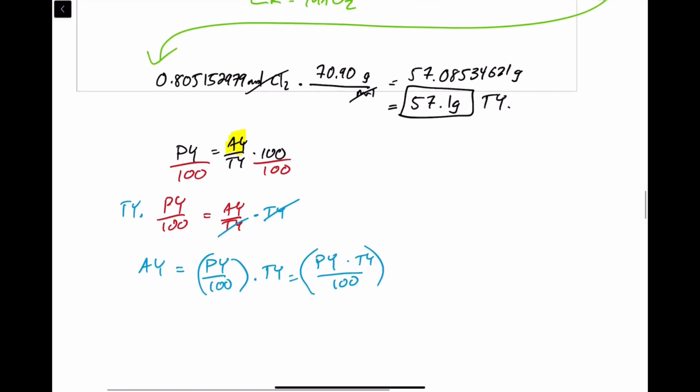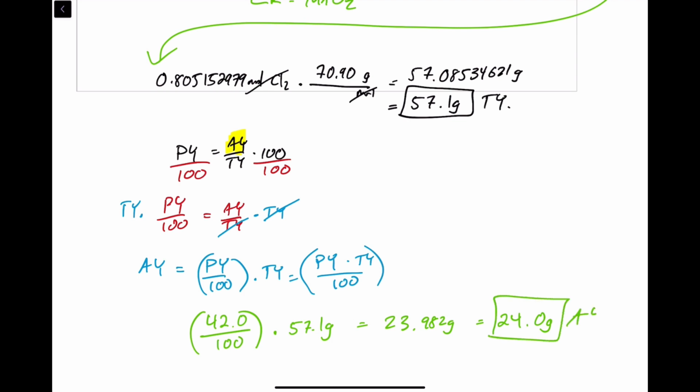So let's plug in our values. What we saw is that there was 42.0%, so I'm going to turn that back into a decimal, and I'm going to multiply by the theoretical yield, which was 57.1 grams. And if we do this, we get 23.982 grams. If we round to 3 significant figures, we'll get 24.0 grams. And this again is our actual yield. So based on a percent yield of 42% and a theoretical yield of 57.1 grams, what we can expect is